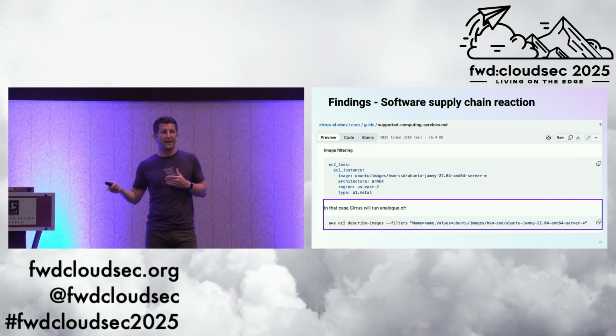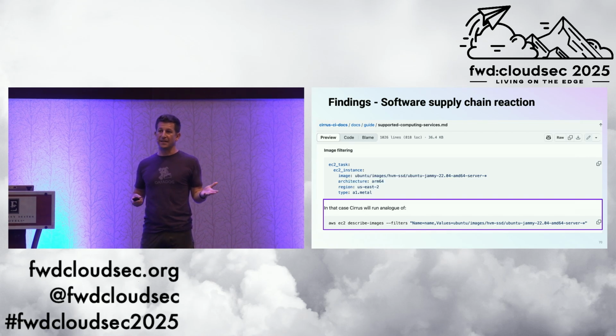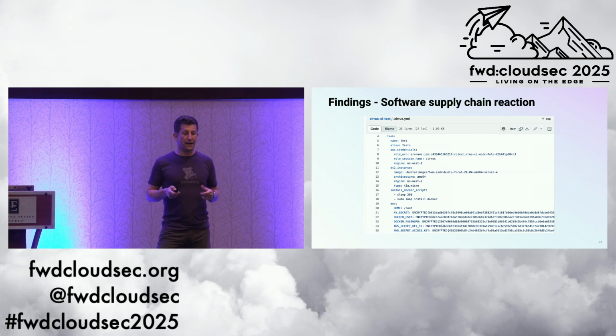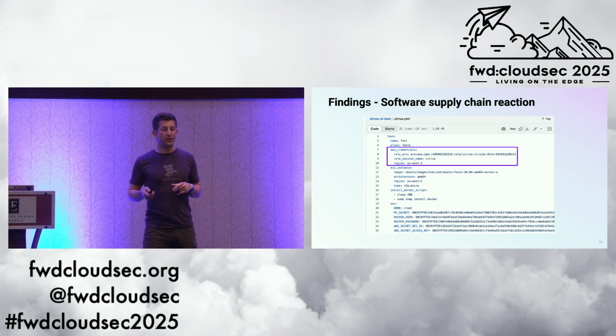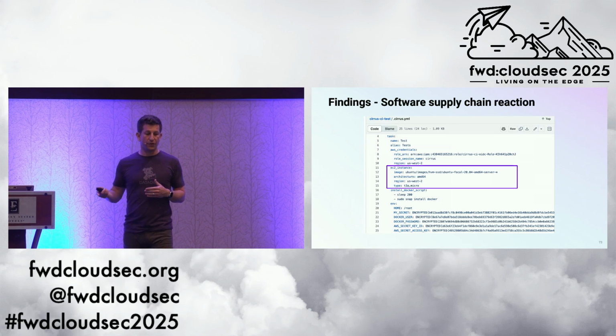They're saying, we're doing the analog of this command. Now, one of two things is happening here. Either they forgot to put the owners in the documentation, and they really are using the owners to filter only the good stuff, or they're not. So I think it's time to do a little test. So I created a Cirrus CI account. I configured it with the ability to assume a role into my account. I configured using the naming pattern that's in that documentation.